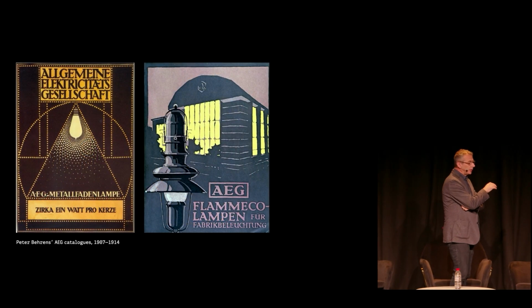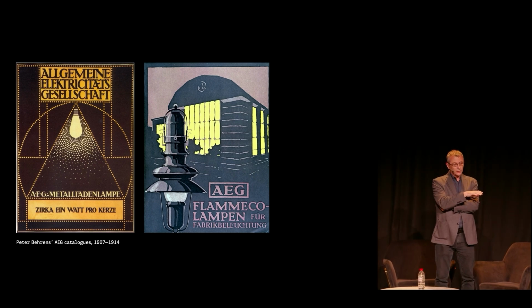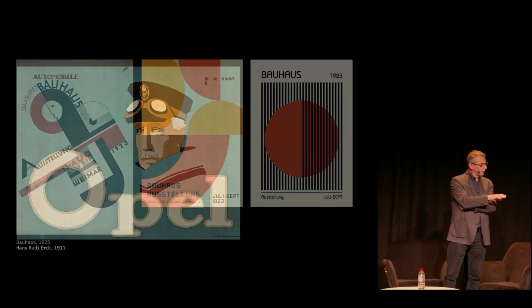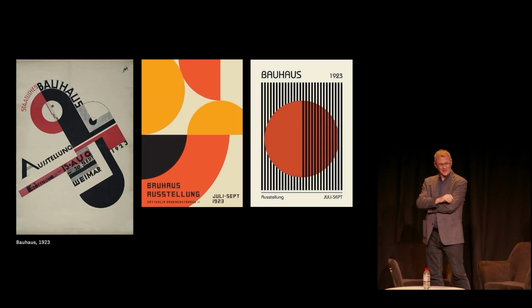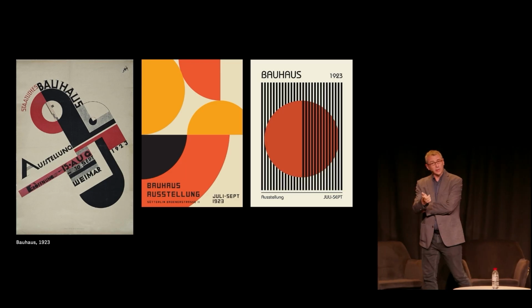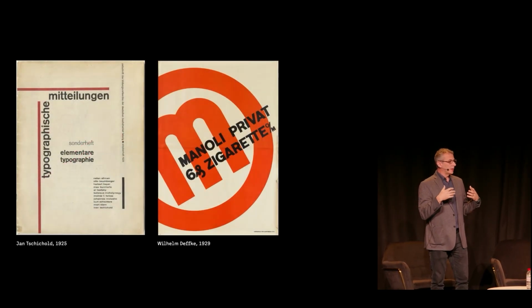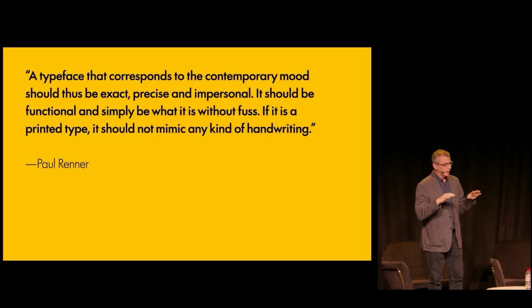Slowly but surely, in Germany and Switzerland, examples like Peter Behrens, the Bauhaus, and the new typography were making things more modern, simpler, and devoid of